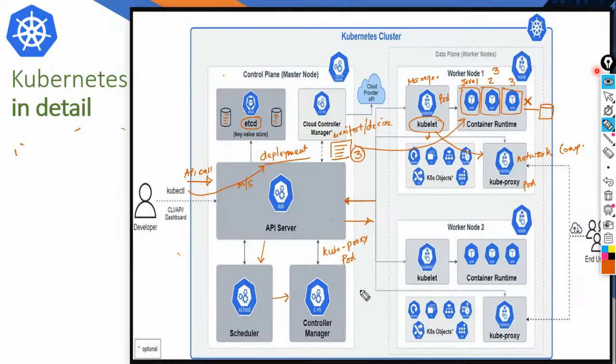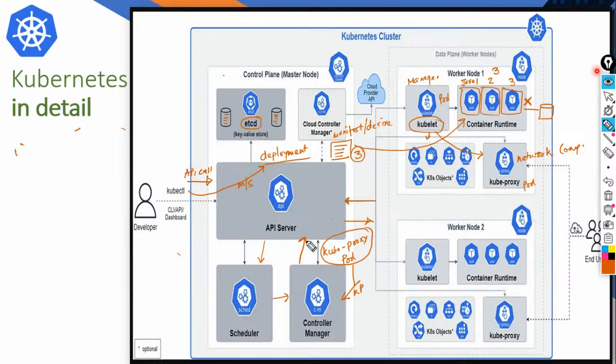The controller manager, right? It is from the kube proxy. From the kube proxy, this information is coming to the controller manager, because as I said, the controller manager is an interface between the worker nodes and the master node. Everything coming in or going out will be from this. So kube proxy will take that information from the node into the controller manager. Controller manager will immediately send it